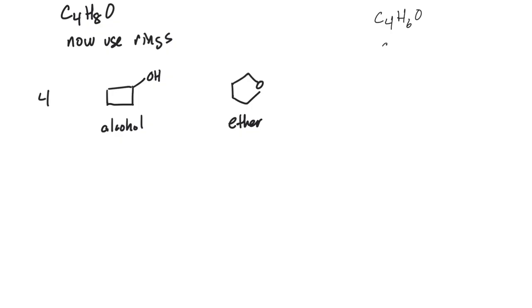What about C4H8O2? Now there's 2 oxygens. What functional groups can we make with that? Start putting in other heteroatoms such as nitrogen or halogens, fluorine, chlorine, bromine, iodine. What are the different ways you can bond these things? And if you want to go even more in depth,